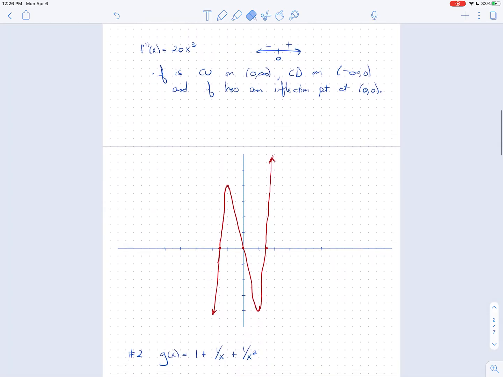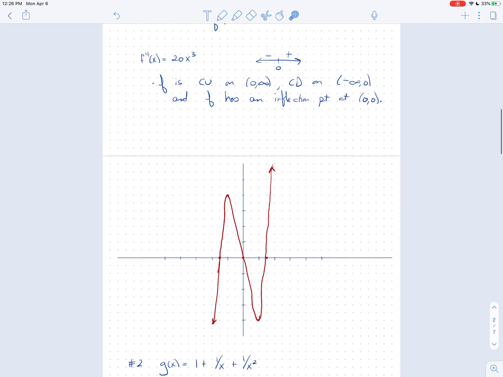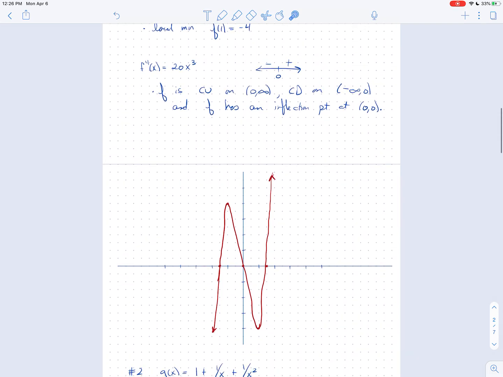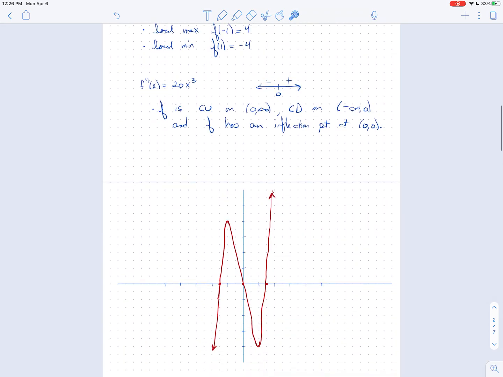Now, what you should do is go through and check concavity, for example. You know that you should be concave up on this side, and you are. Just draw some tangent lines. The function is above the tangent lines. Inflection point, that looks very much like an inflection point because you're clearly concave down on this side, drawing tangent lines. So we've got that taken care of. You can see the increasing, decreasing, increasing matches what we said. We've got all the features of the graph, and so that